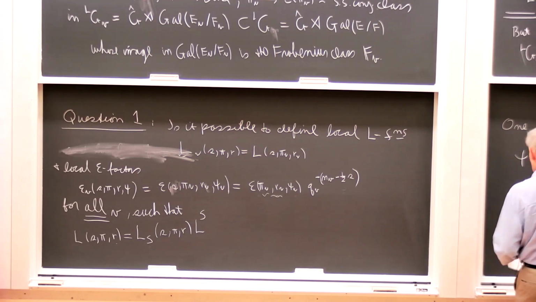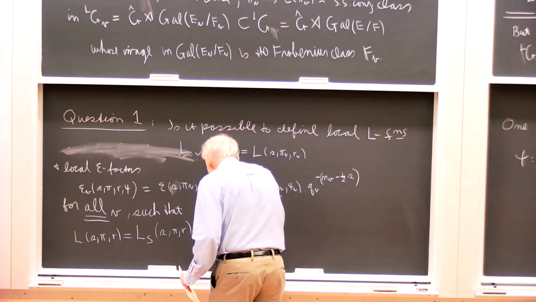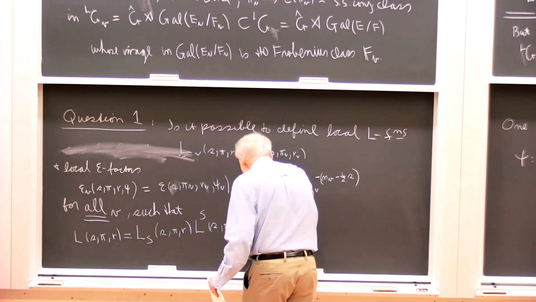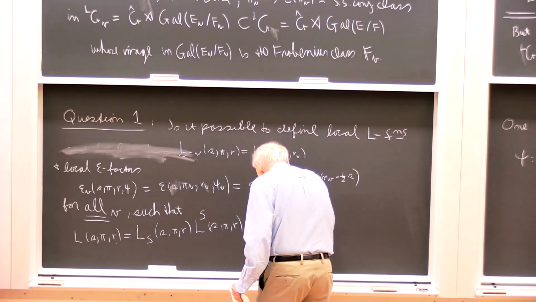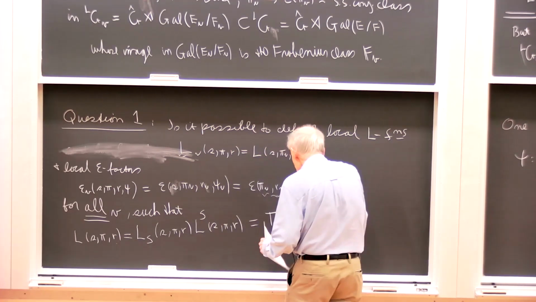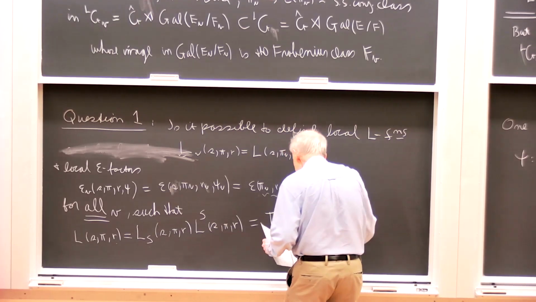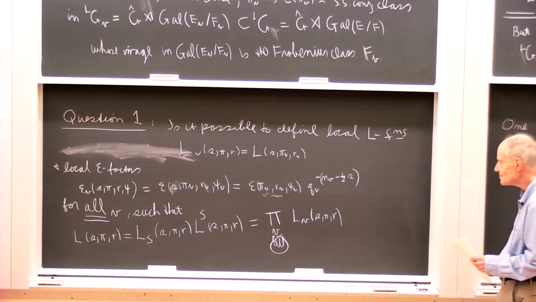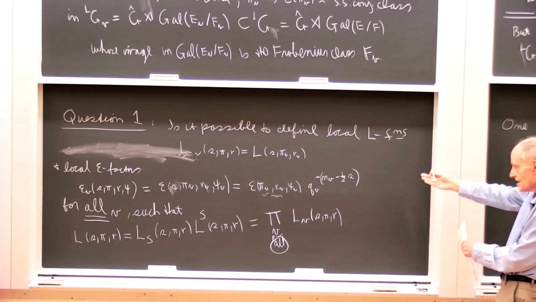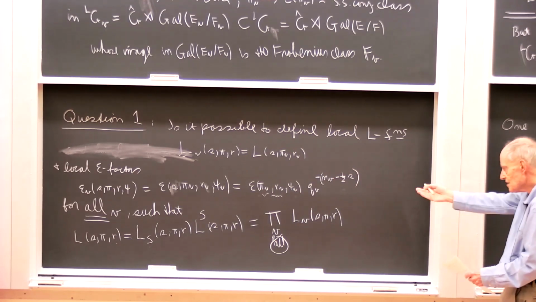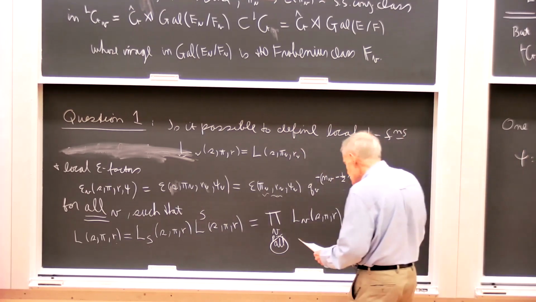That's what we've got up there: L(s, π, r), in other words a product over all v, with all valuations, of L_v(s, π_v, r). And so is it possible to define these local L functions everywhere, and these local epsilon factors at all v, such that this thing